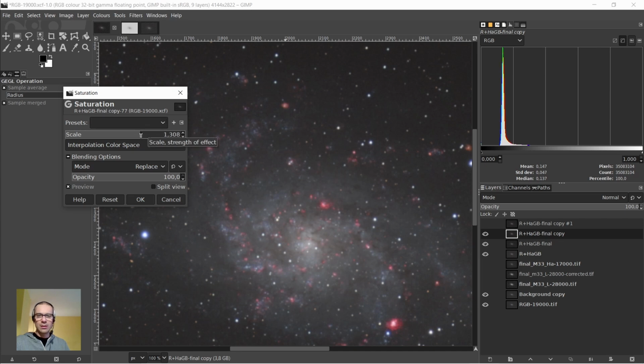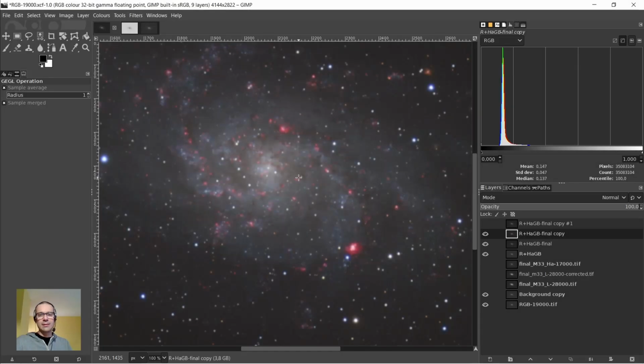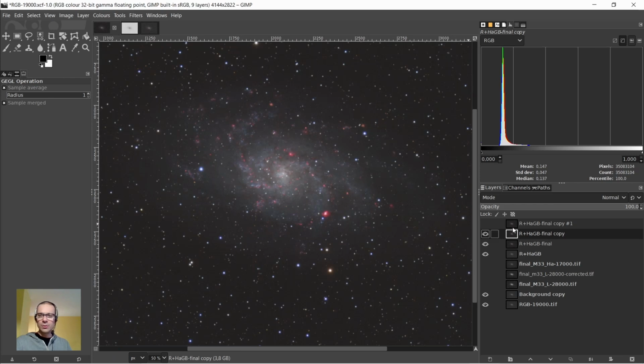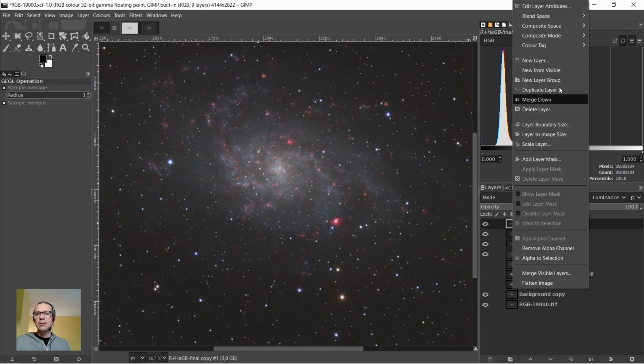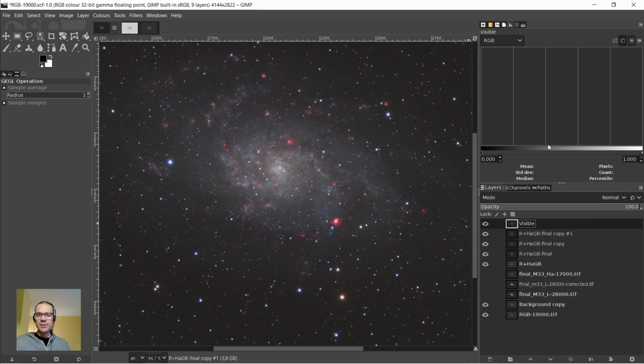Alright, so the saturation is increased. Now I will use the upper layer as luminance, and I choose new from visible. And I think this is the final color layer,